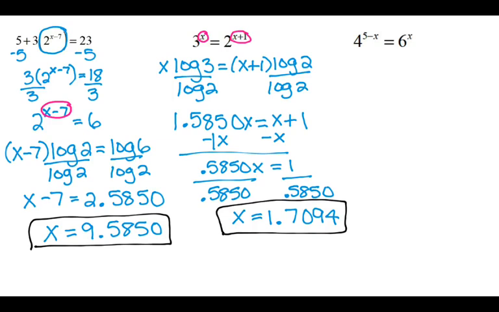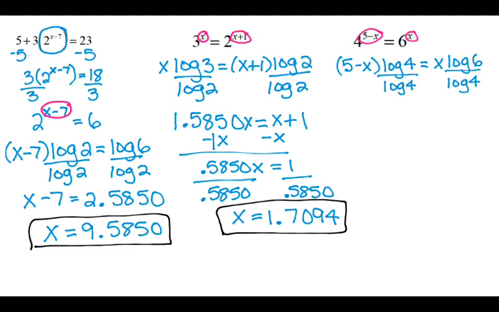Alright, I'm going to go ahead and do the same thing for the next question. Now I chose to do 2 of these even though they are the same type of problem, just because every year people forget how to do them. I'm going to bring down my exponent at the same time as taking the log of both sides. I'm going to divide by log of 4 because that would be the one that I would have to distribute since it is sitting next to that parenthesis. I'm going to take log of 6 divided by log of 4. I'm going to plug that into my calculator. And that gives me